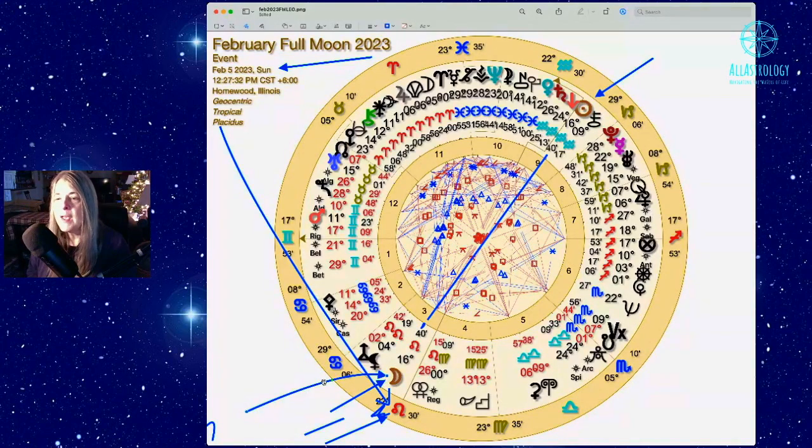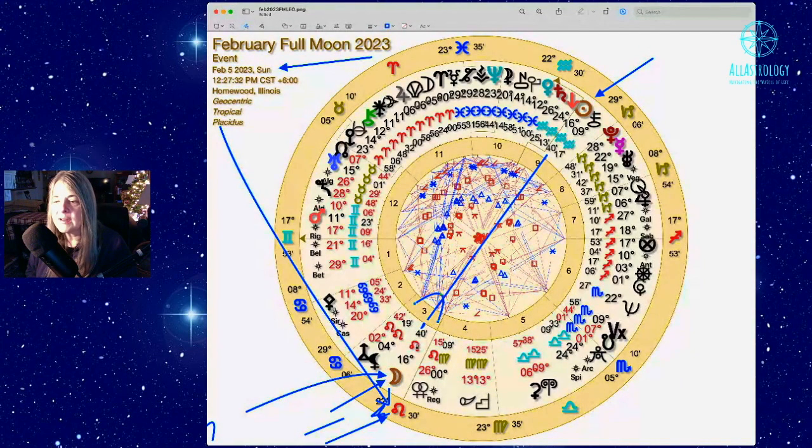Okay. Now, we're going to see what else is going on in this chart. That's why we're drawing this chart up for all of us to look at. And normally the first thing I look at are the squares. A square is going to be 90 degrees away, or you could say 4 houses away, however you want to do it, right? So if, just as an example in this chart, house number 3, okay, just as an example,